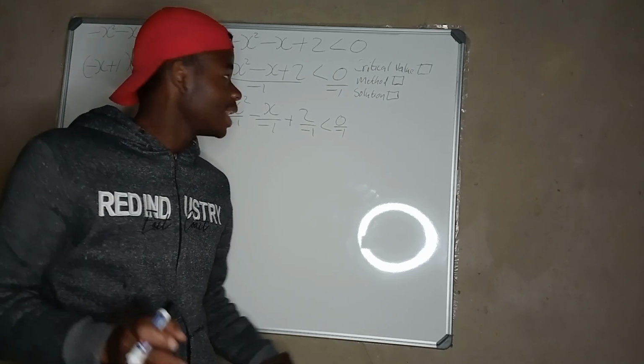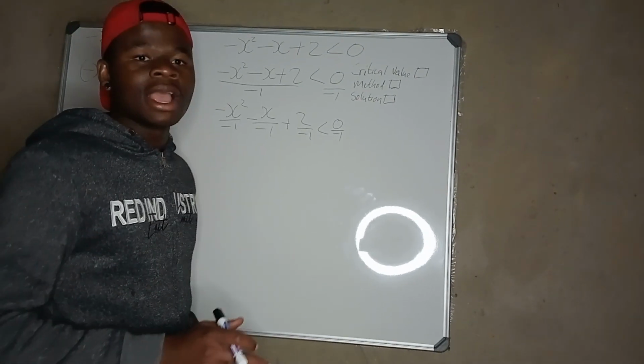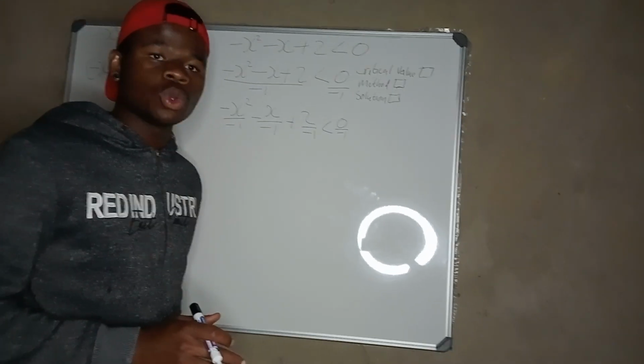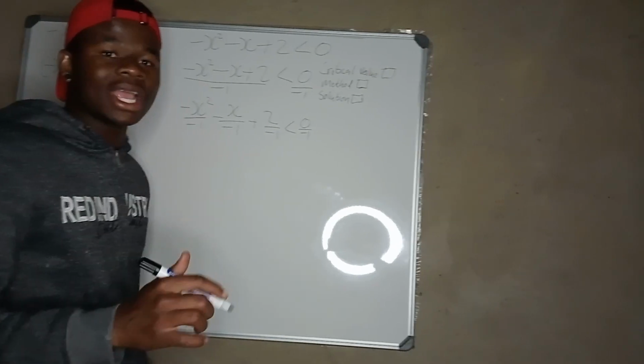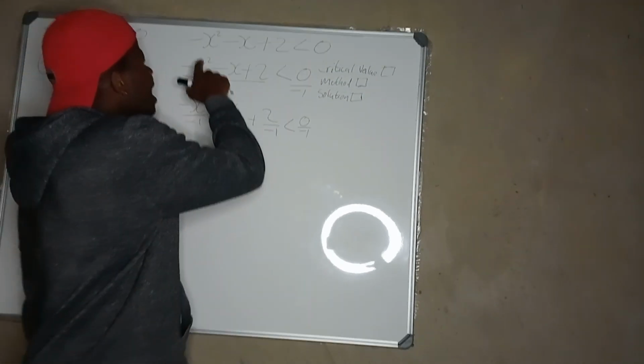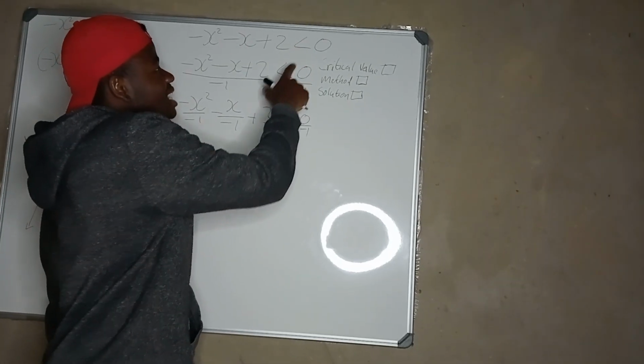So right now we are going to have a negative a. But I'm going to show you how to approach such questions. We are given negative x squared minus x plus 2 less than